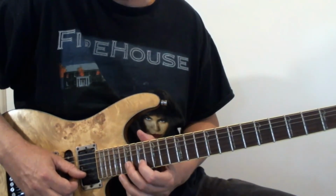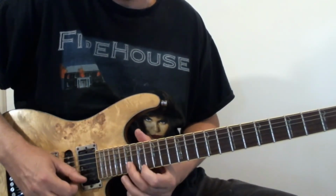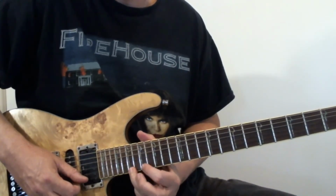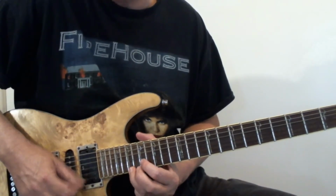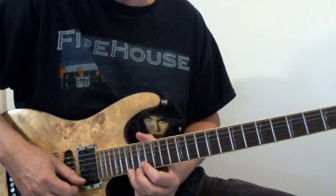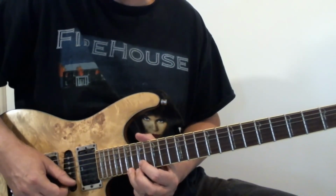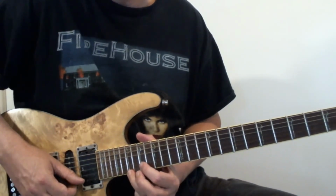then we go to 19, similar again, 19 on the B, 17, hammer on 19, 17 E, 19 B. This time we bend 19, mute, 19, 17 on E, then a 19, but it's just a short, quick bend to 19, 17. Repeat those two progressions again, so 19, bend, 19, 17, then 19 bend, 19, 17. This time we go 19, long, and we release and pull off to 17 very quickly, so it's like this. So all together we